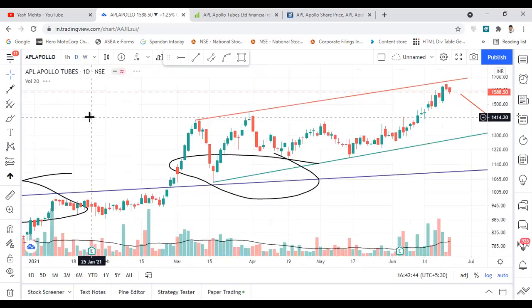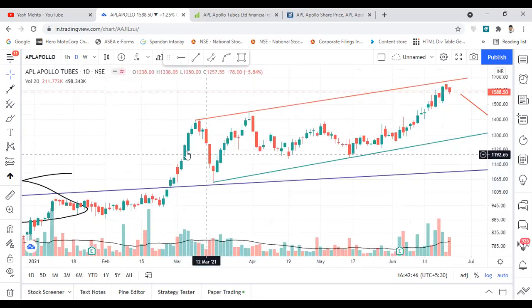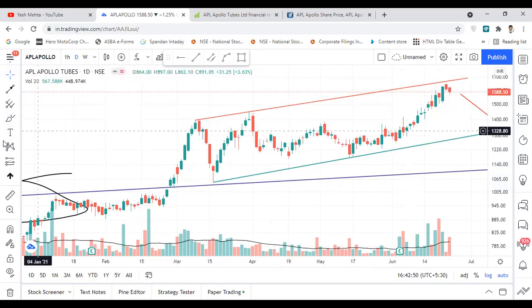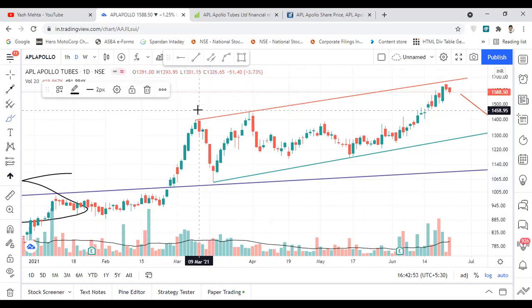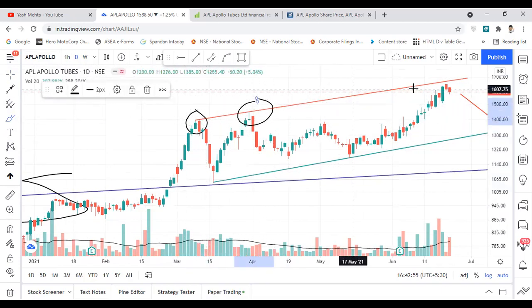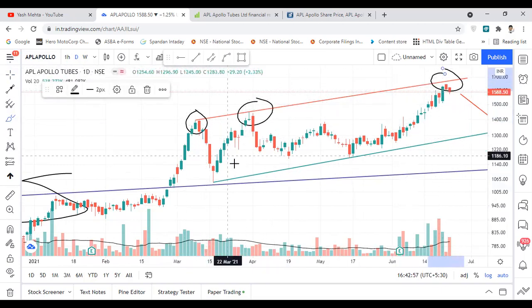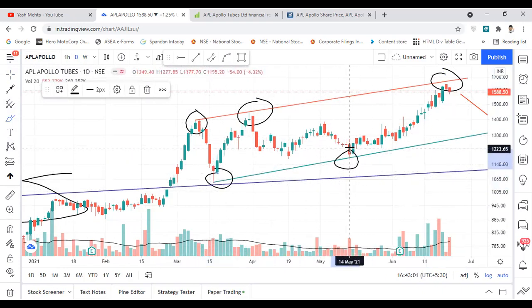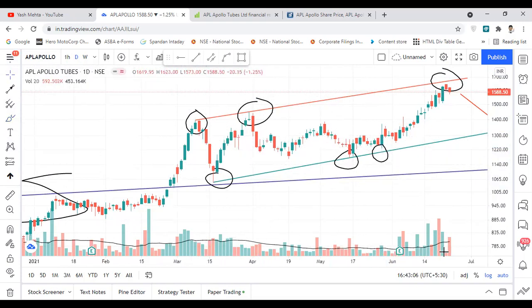So I'm switching to daily time frame currently. I will delete this. Currently just focus on this particular trend line. The red trend line is a resistance for this particular stock, as you can see here. Again it took some resistance at the same level, and this green line is support. It took support here, it took support here, some near to this level. So currently the stock is moving in a parallel channel. It is taking resistance here, it moves down to support, then resistance, then support, then resistance again.